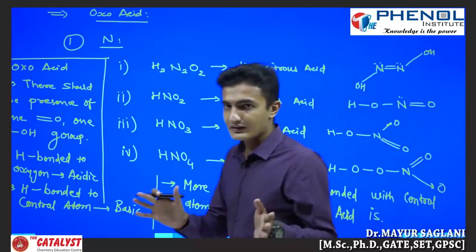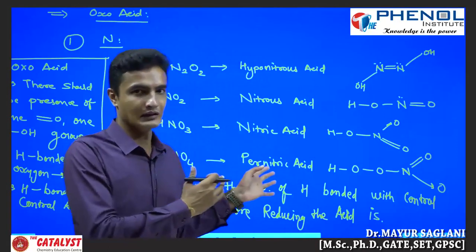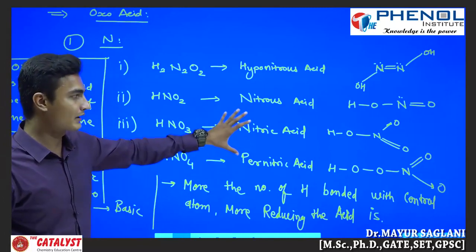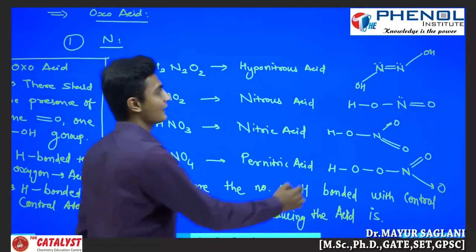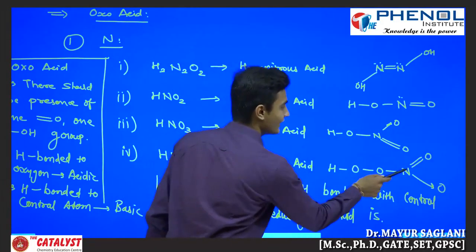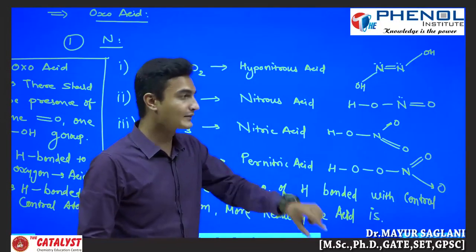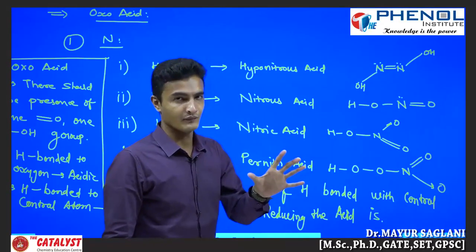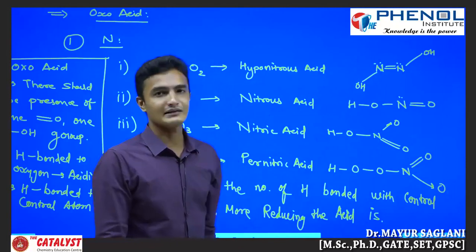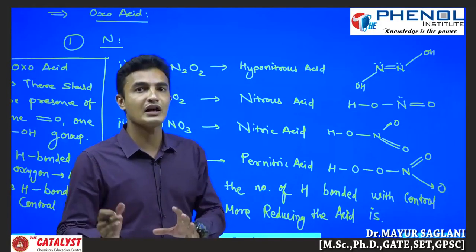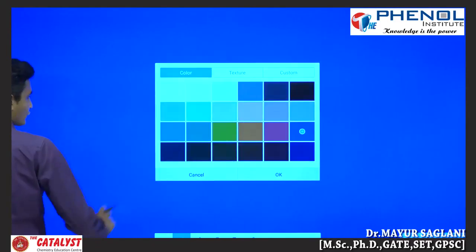Okay, if you don't understand this concept, we will see it in phosphoric acid, in the oxo acids of phosphorus. Okay, because here there is no hydrogen atom which is basic, all hydrogen atoms are bonded with the oxygen atom, there is no hydrogen atom directly bonded with the nitrogen. If any hydrogen is bonded directly to the nitrogen, then that will be basic in nature. Fine, but here all hydrogens are acidic in nature, but we will see in the phosphorus acids some hydrogens which are basic in nature. Fine. So next we will see the oxo acids of phosphorus.